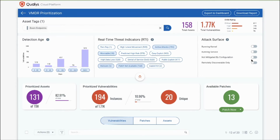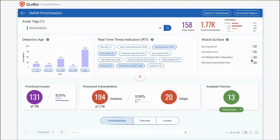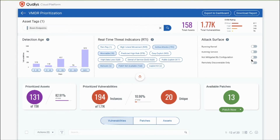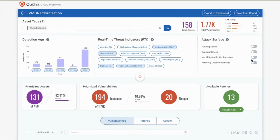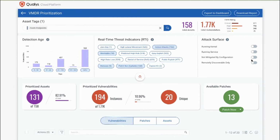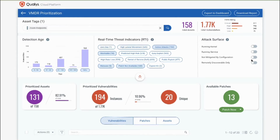Which means the vulnerability is detected by the agent or the scanner, but it has not been mitigated by a configuration change. So in the case of the 7 monkeys vulnerability, if network level authentication was enabled, we would consider that the vulnerability is mitigated because of the configuration change. In that case, we would not highlight it as a high priority vulnerability. In the case of Zoom, it's the same with NTLM, right? So you can basically